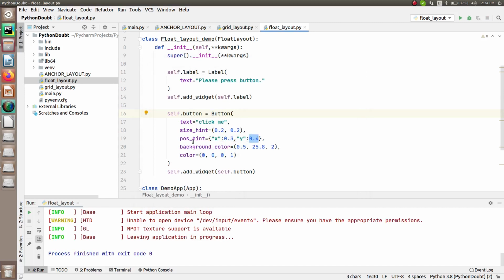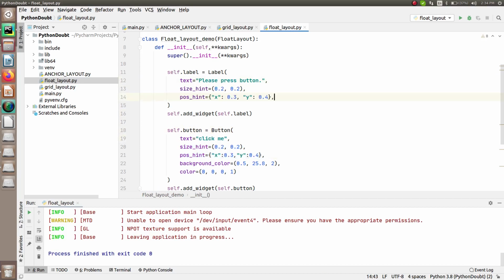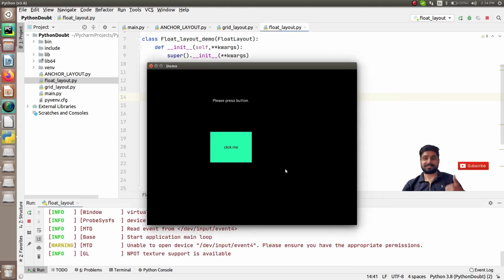Similarly let's do the same thing over here as well, right? Let's copy this one and add it here, and just change the position from here to, let's say, 0.7. I think that will be good, right? Just save it and rerun it. Can you see?